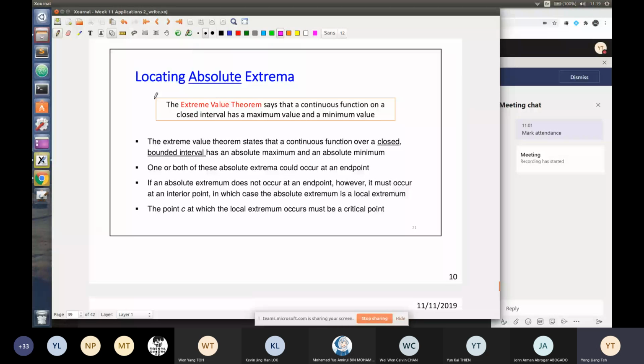So how do we locate the absolute extrema? The word absolute here means that you have a closed interval. As mentioned, the EVT says that a continuous function on a closed interval definitely has a maximum value and a minimum value. As we discussed just now, practically you must look for